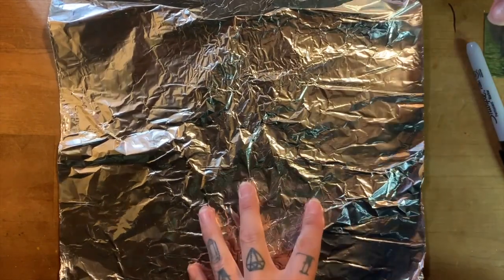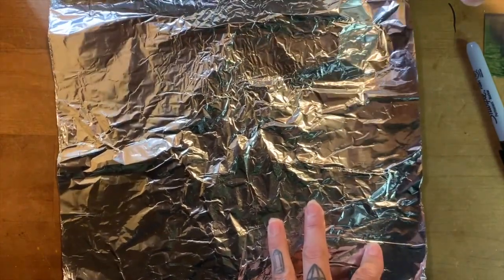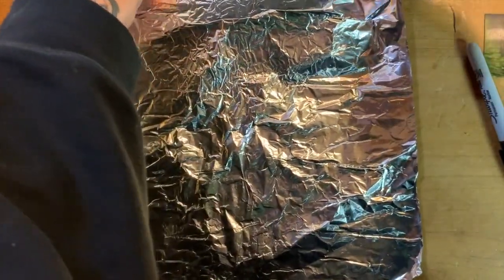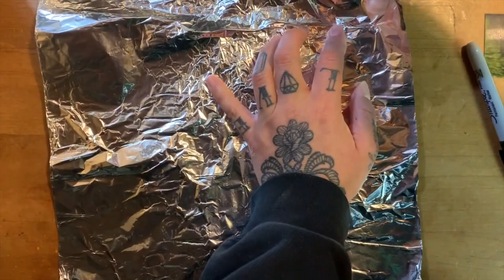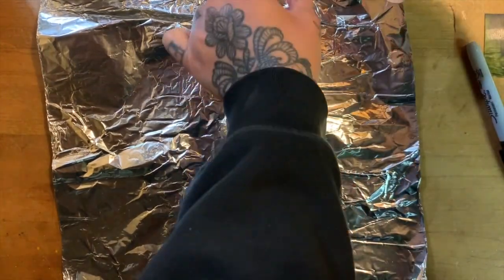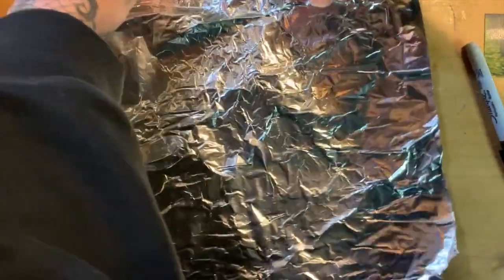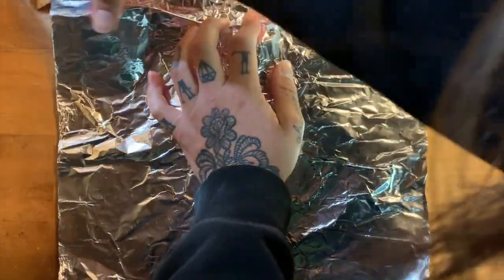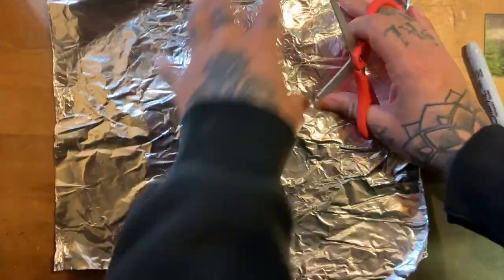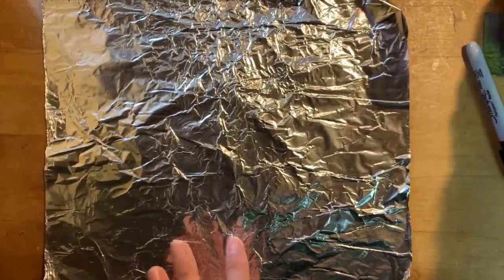Get your scissors. I'm going to cut it, or if you can rip it, but sometimes cutting is better. Remember we hold our scissors like this with the thumb on the top and our fingers on the bottom. And we just cut the top off. Tinfoil is a really interesting material. Now that you have your square,